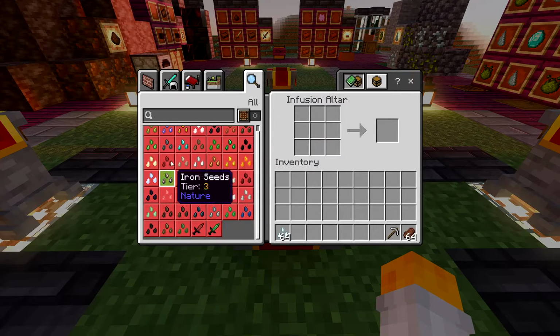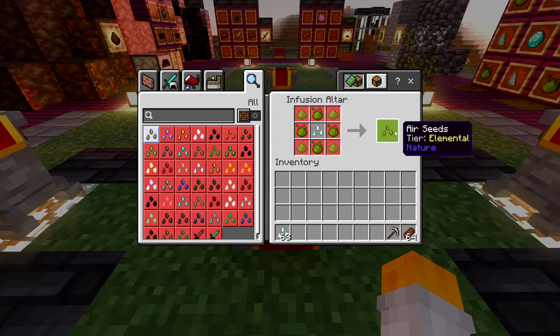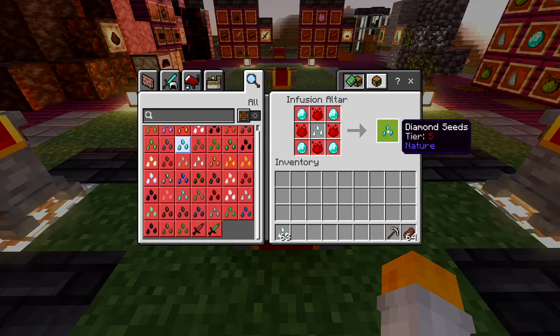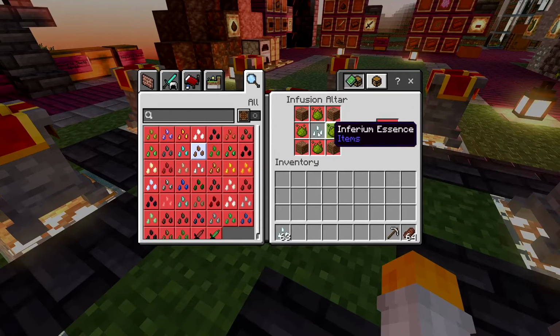And this is where you can make all your seeds. So you can make something like elemental seeds, tier 2, tier 3, all the way up to tier 5 to make diamond seeds. So this is late game, this is what you're building up to basically. And with that you get farmable diamonds. So the recipe for each of these is really simple. All you need is 4 of the essence of that tier, 4 of the material you want to farm, and